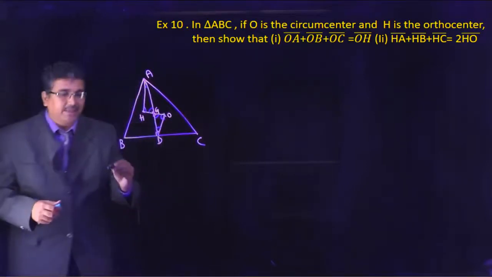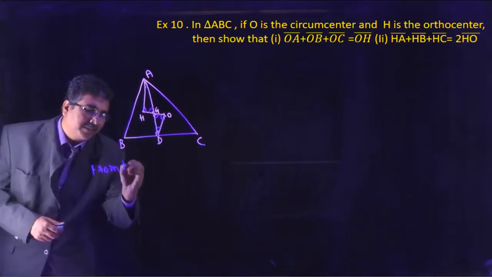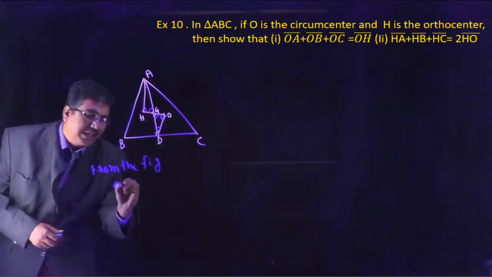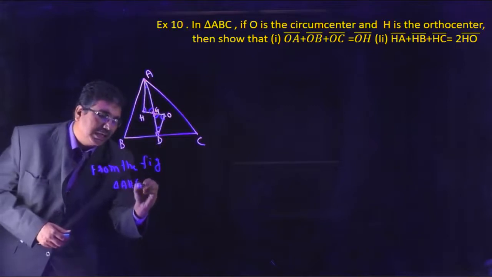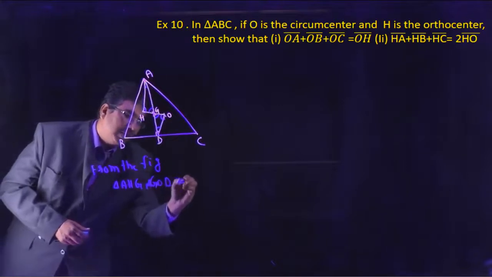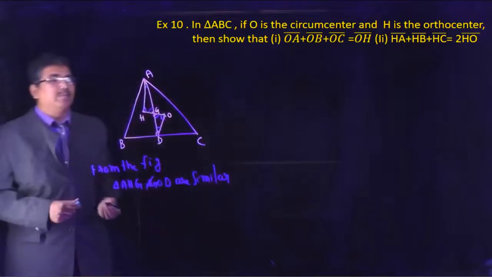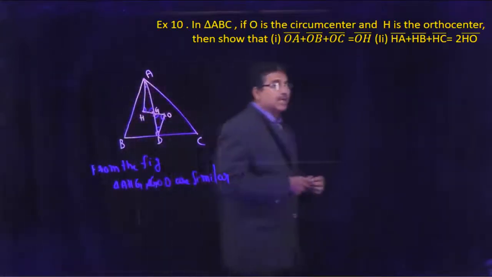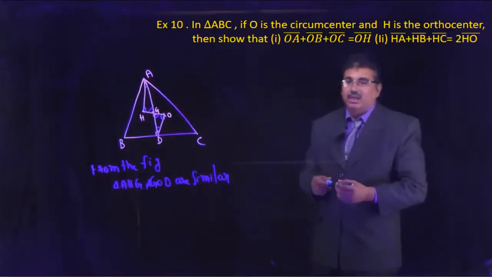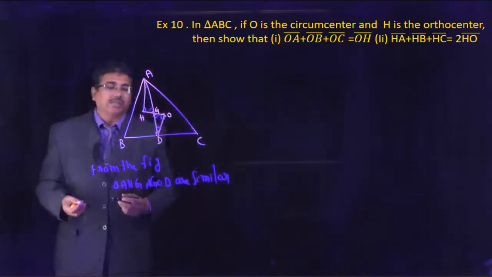From the figure, triangle AHG and triangle GOD are similar triangles. These two triangles are similar. If the two triangles are similar, then the corresponding sides are in proportion. It means that, implies